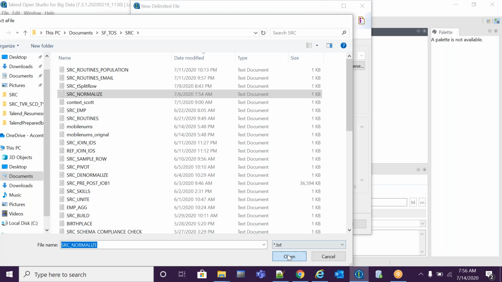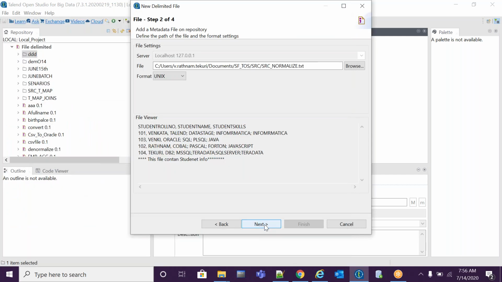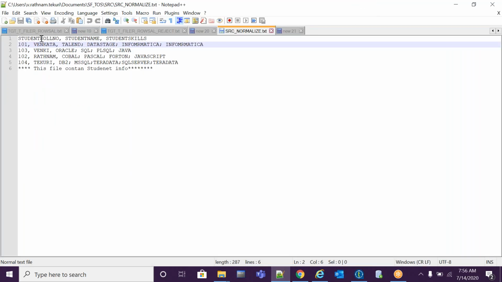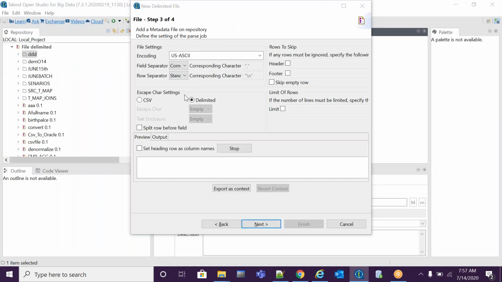Click on OK, click on next. After selecting the file path, it will display the file viewer. Click on next. My main delimiter, from student roll number to student name, is comma, so I'm selecting the field separator as comma.